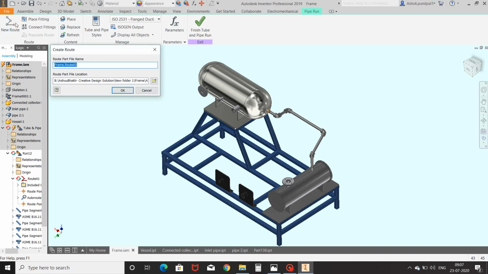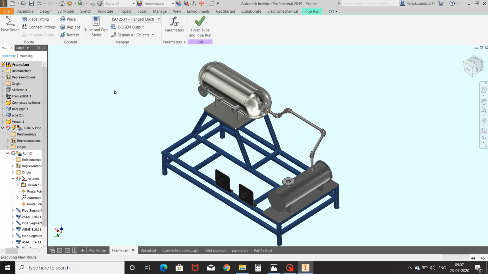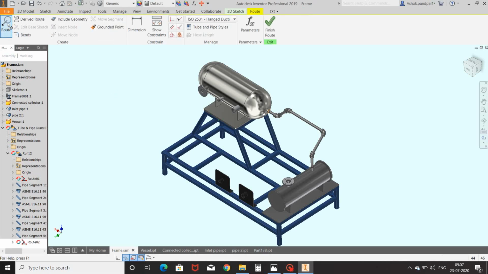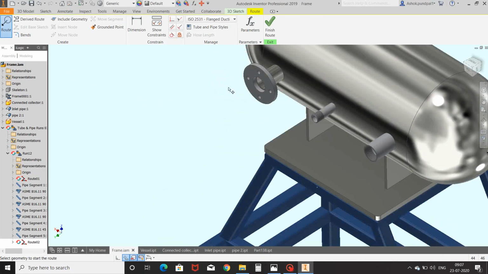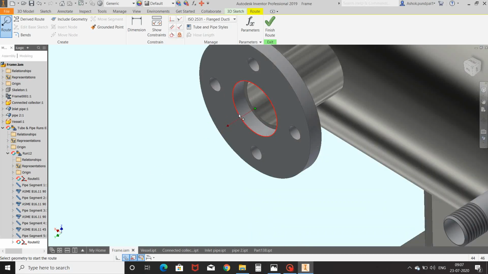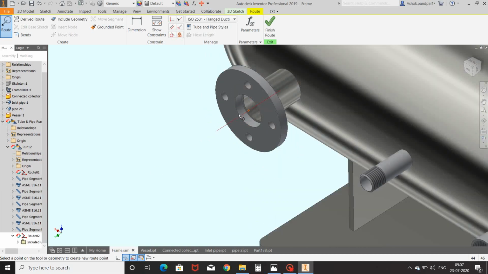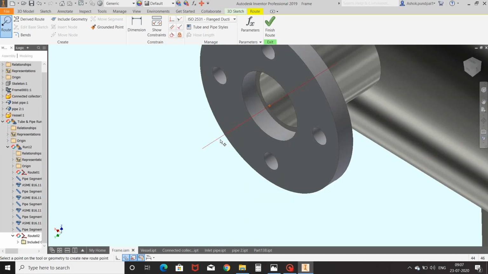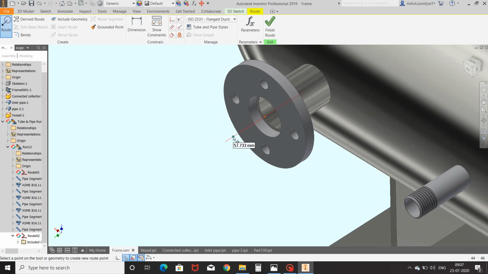Go to new route. OK. Select the route. Select the starting point of the route. Here you can set the length and direction of a route based on your requirement.